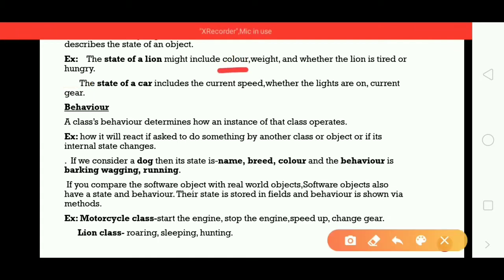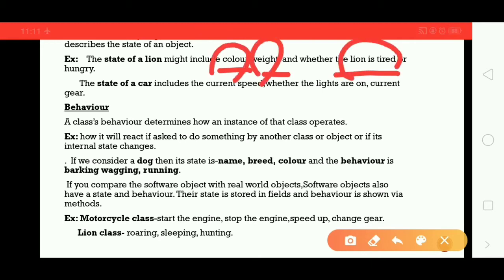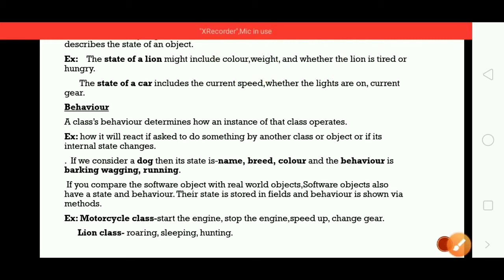You can have the color for the lion and the weight of the lion. If the lion is tired, its value may be a boolean, true or false. If you give values for its state, those values describe the state of an object, guys.